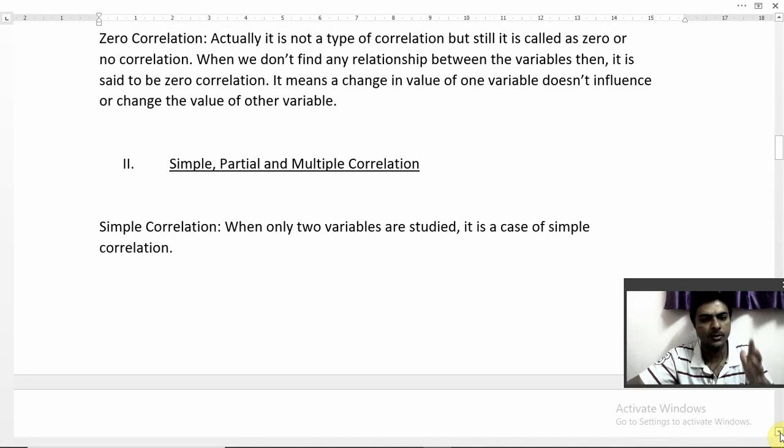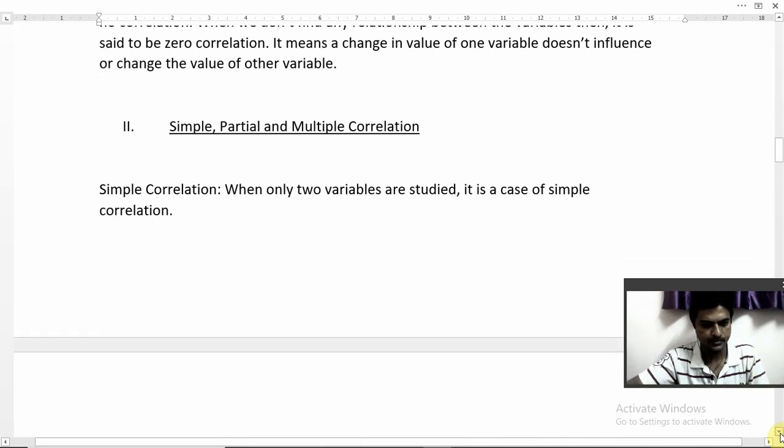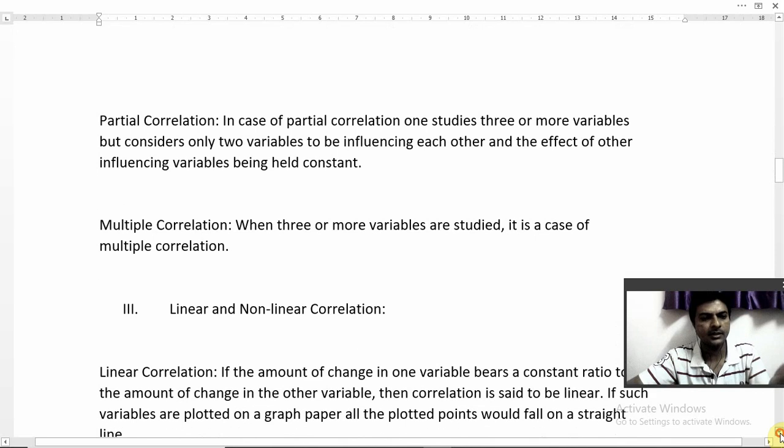Suppose you take the x variable, only x we are going to study. If you take only the y variable, you are going to study only the y variable. That is called simple correlation. Is it clear, friends? Similarly, next we have